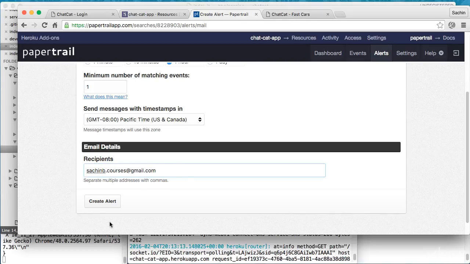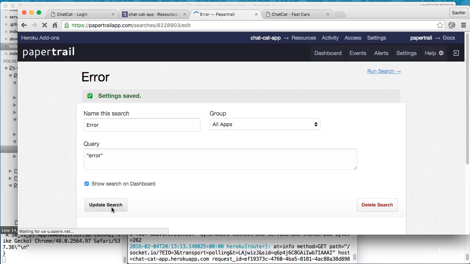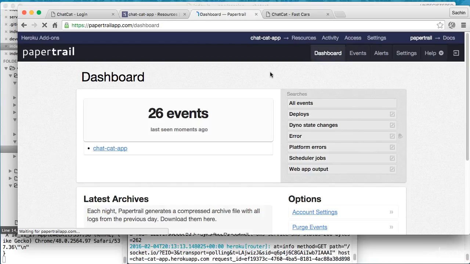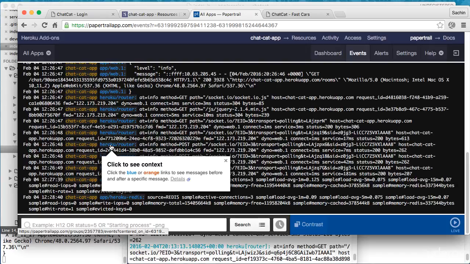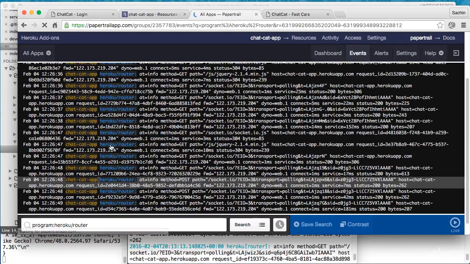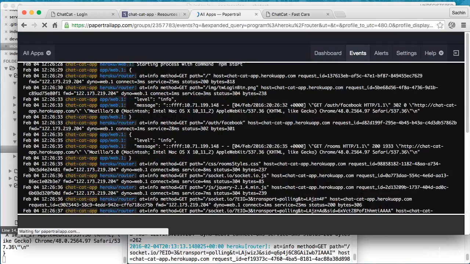Now that this alert is created, whenever an error is observed in the log, Papertrail will send email alerts to the given mail ID at a frequency of 1 email every hour till the error keeps reoccurring. The dashboard here gives you a summary. Clicking on these links auto filters all messages of this type. I'm sure you can appreciate how simple Papertrail is, all the while being so powerful as well. Monitoring your app using Papertrail is super simple and very effective.